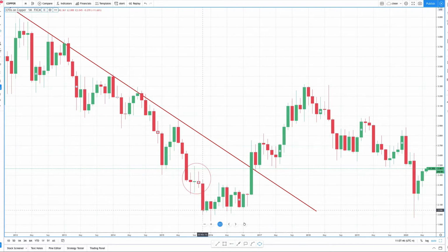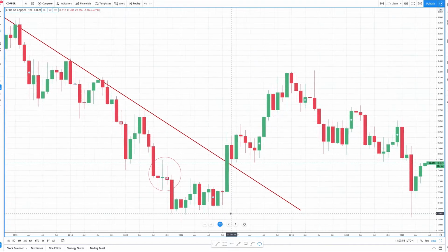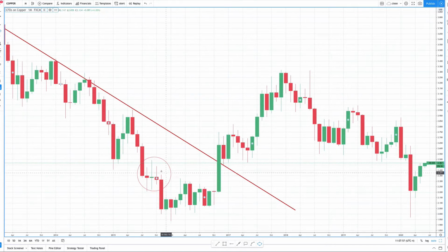So again, here's the move to the downside. You see that when we come back here, the market pushes back down, right? Although it did not create a new low, it still found some resistance here where we had to test it once, twice, three times, four times. About four or five times we had to test this level here before we could finally